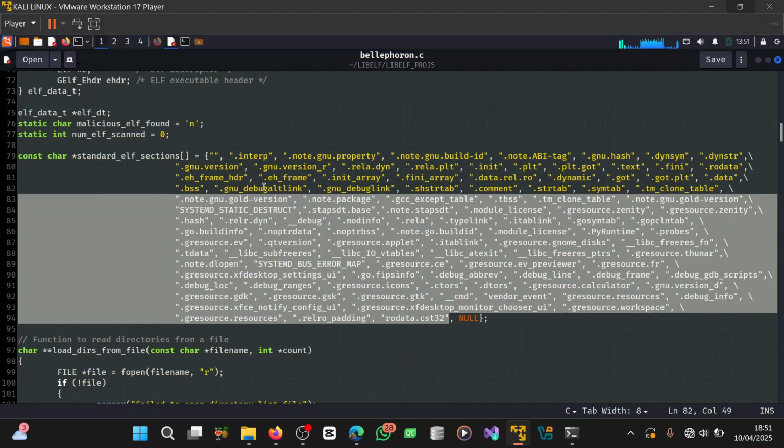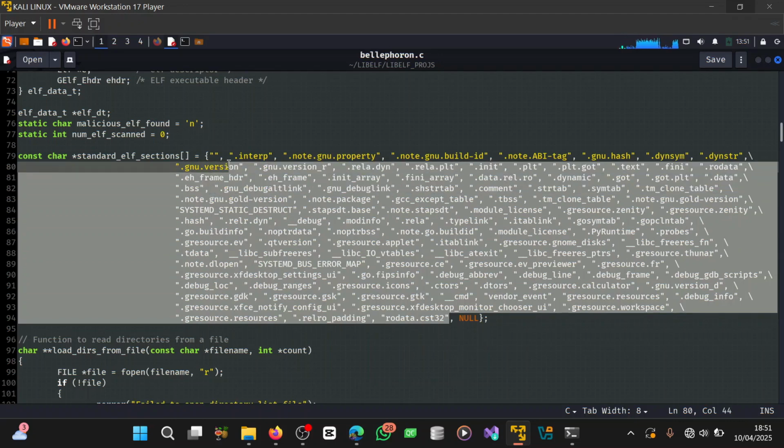These are all the sections. Please note that Bellephoron is still at its building stage, so if it flags a legitimate Linux ELF binary as malicious,